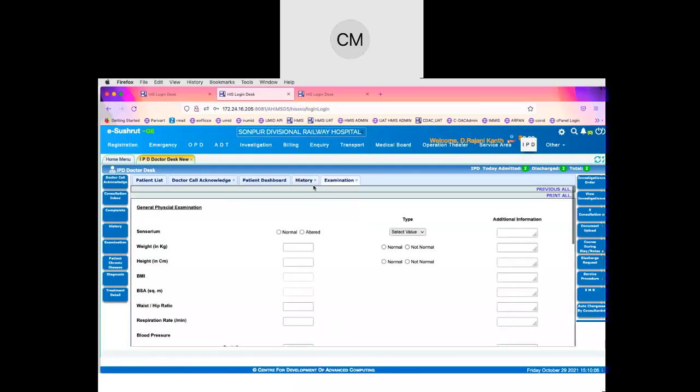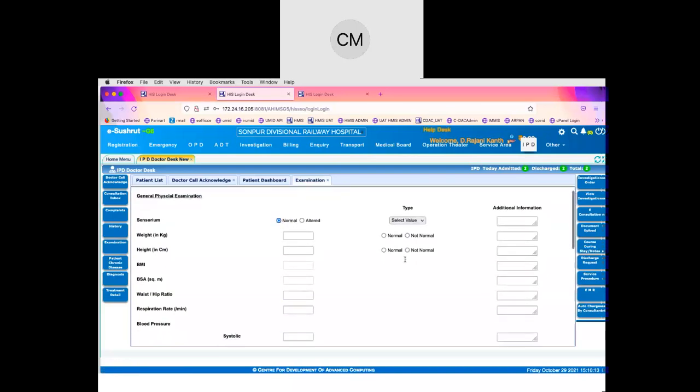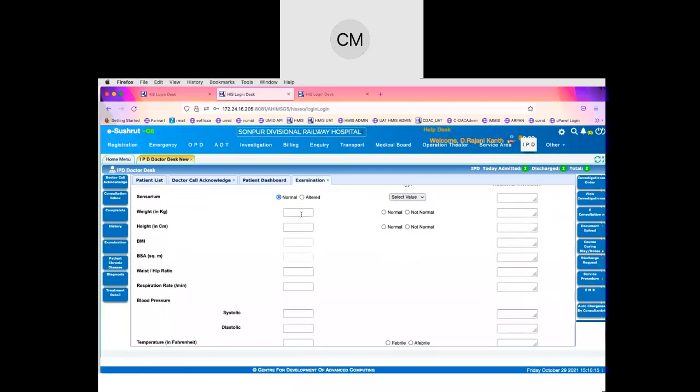And after that, examination related information also can be updated by the doctor from time to time. So these are also coming from the templates that we talked about. So the examination information can be filled by the doctor.